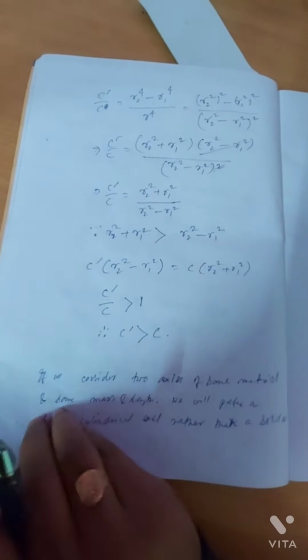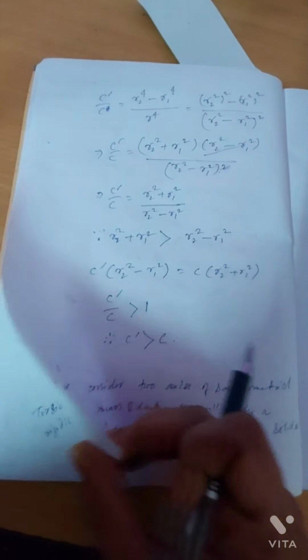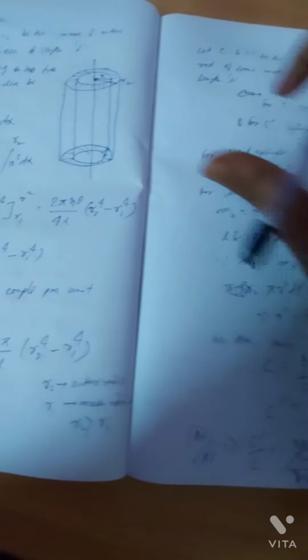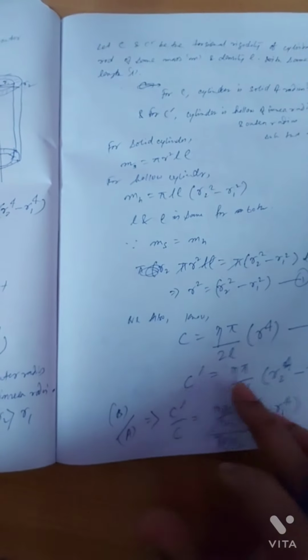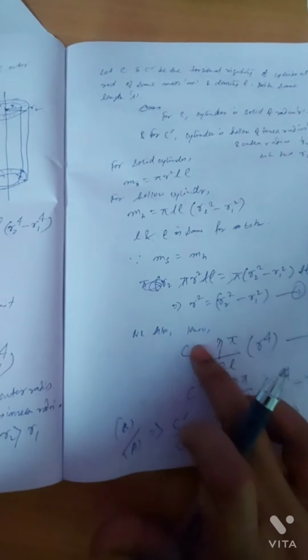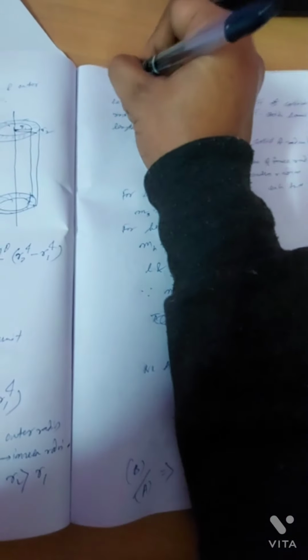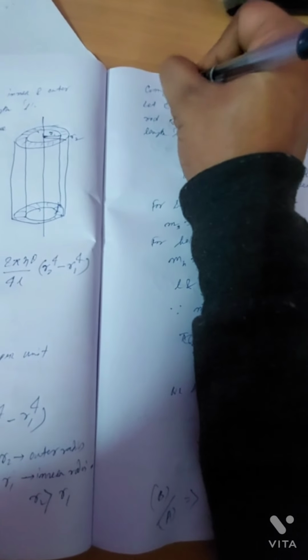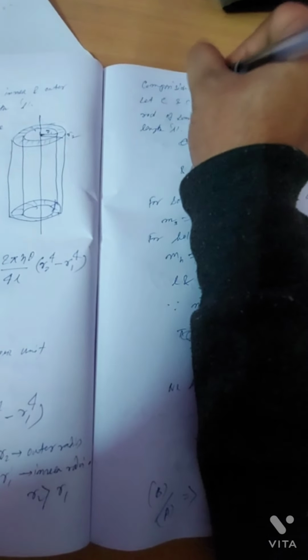Then you should give this proof. You should compare the torsional rigidity for a solid and hollow cylinder, and show that C dash is greater than C. Fine. This is the comparison of